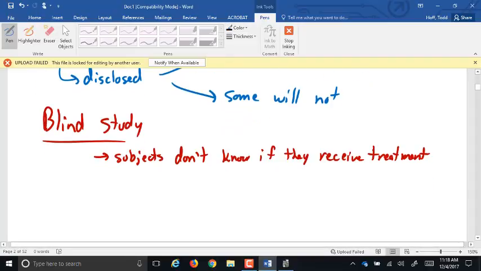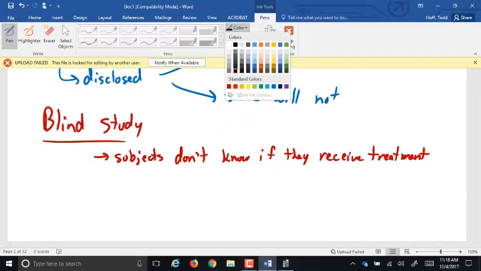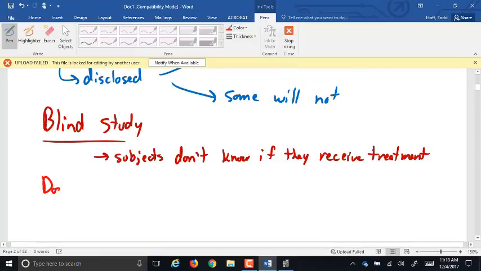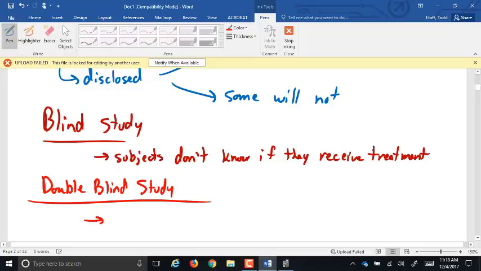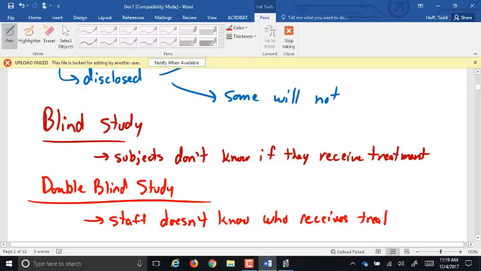Now, there's something out there called a double blind study. In a double blind study, the staff doesn't know who receives treatment. So what would that mean? Well, that would mean that